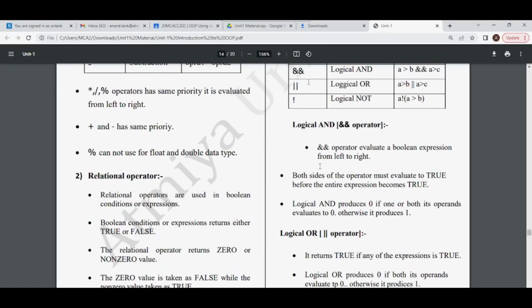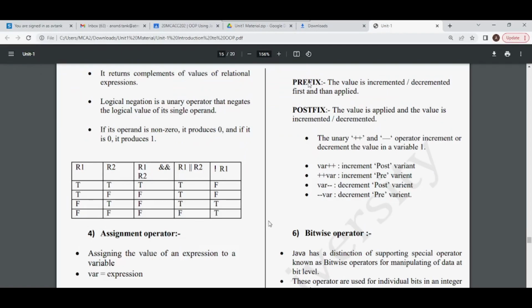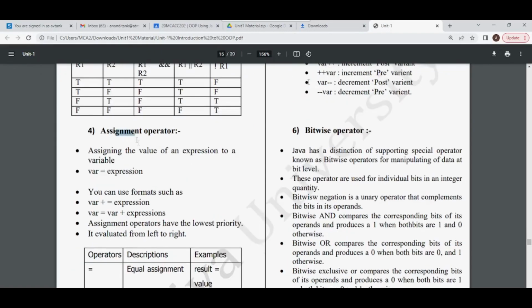So these are the logical and operator and logical or operator. Here I have given the truth table also to understand the logical and, or and not operators. You can pause my video and learn this truth table, and if you have any doubt you can comment,